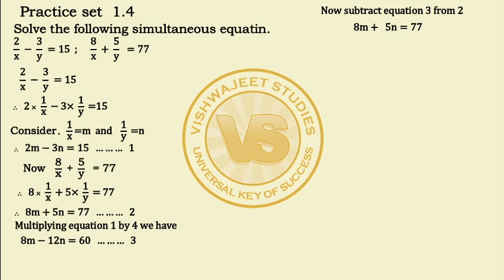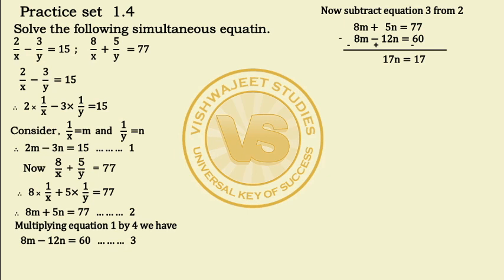Then write the third equation below it as 8m minus 12n is equal to 60. For the subtraction, we are changing the signs of the third equation. 8 has a positive sign, it will become negative, minus 12 will become positive, and plus 60 will become minus 60. 8m and 8m will cancel each other, and we will get the answer as